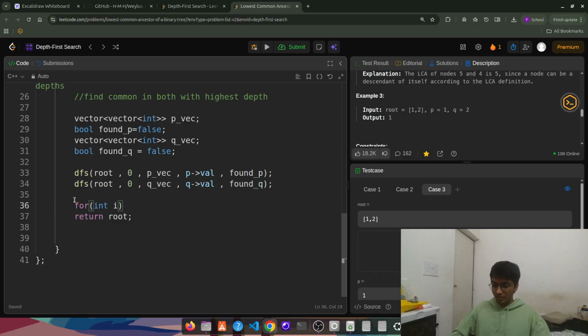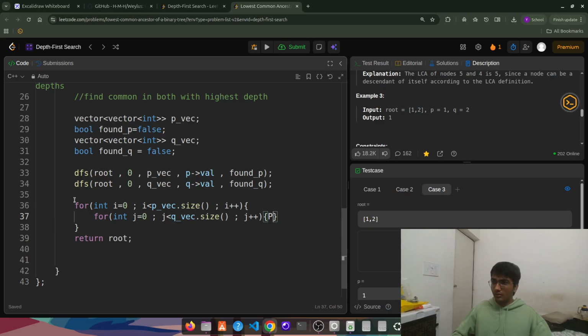For int i equals 0, i less than p vec size, i plus plus. For int j equals 0, j less than q vec dot size, j plus plus. So once I went in q vec and then I went in p vec. So if